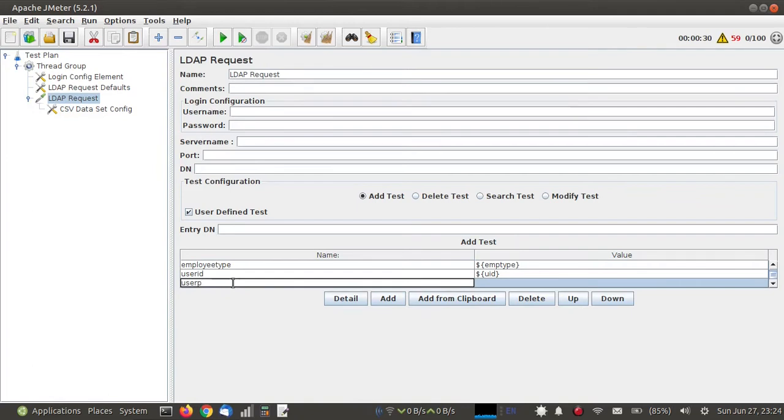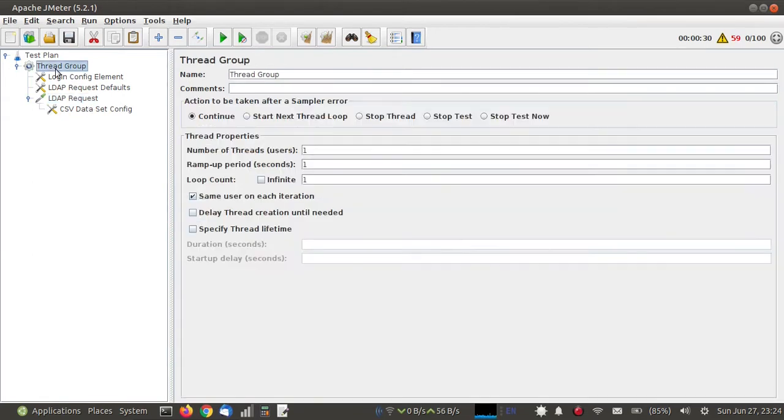And password's attribute name is user password. So I have added all the details.